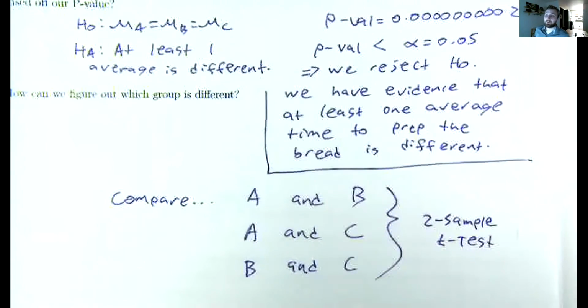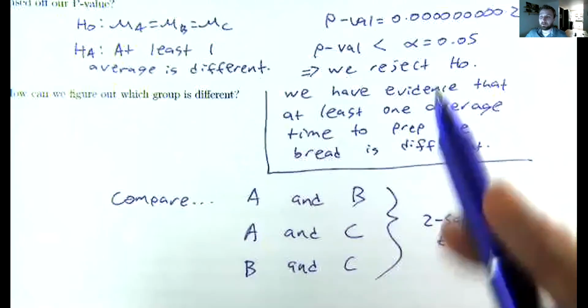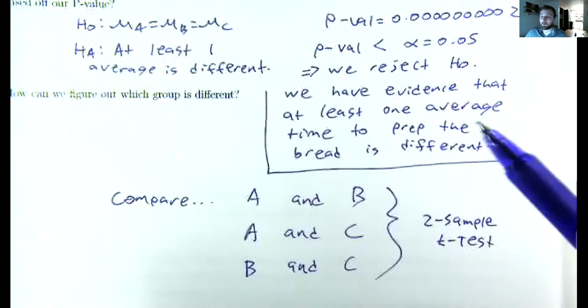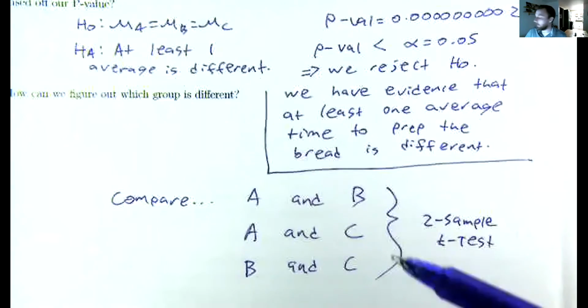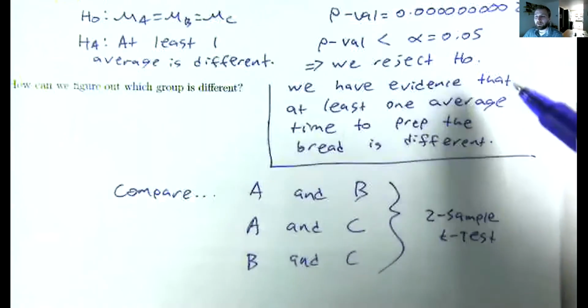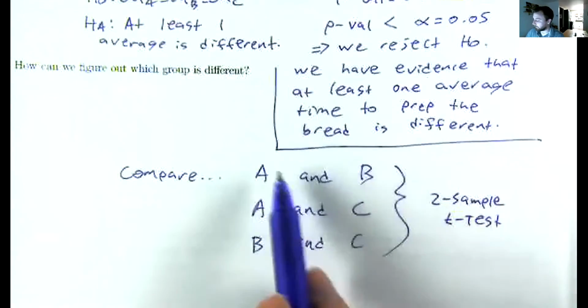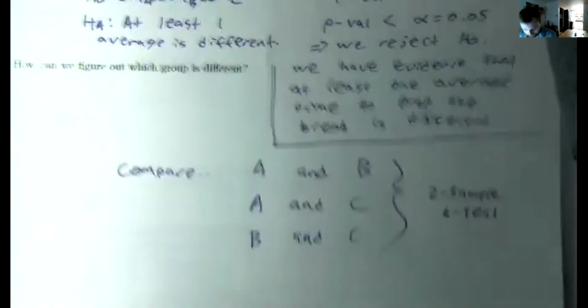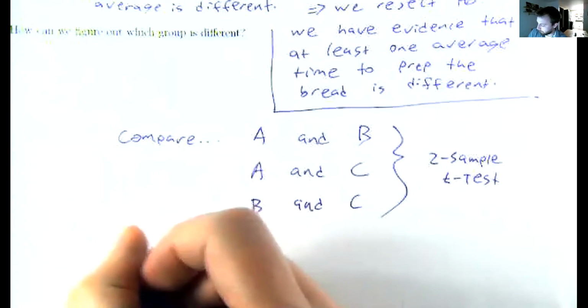So this test doesn't tell me a lot. It just tells me that something is different in the set of these 3 comparisons, but I don't know if all of these are different, if just one of them is different. I still have a lot of work left to do. So if you're thinking, well, why the heck would I even do this test if I can just compare each group one at a time? Well, let's consider a scenario